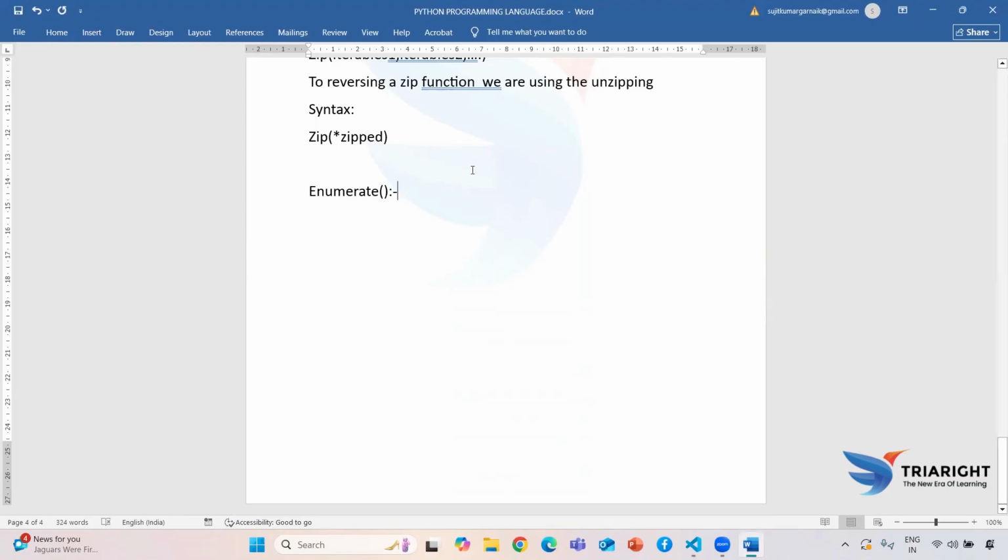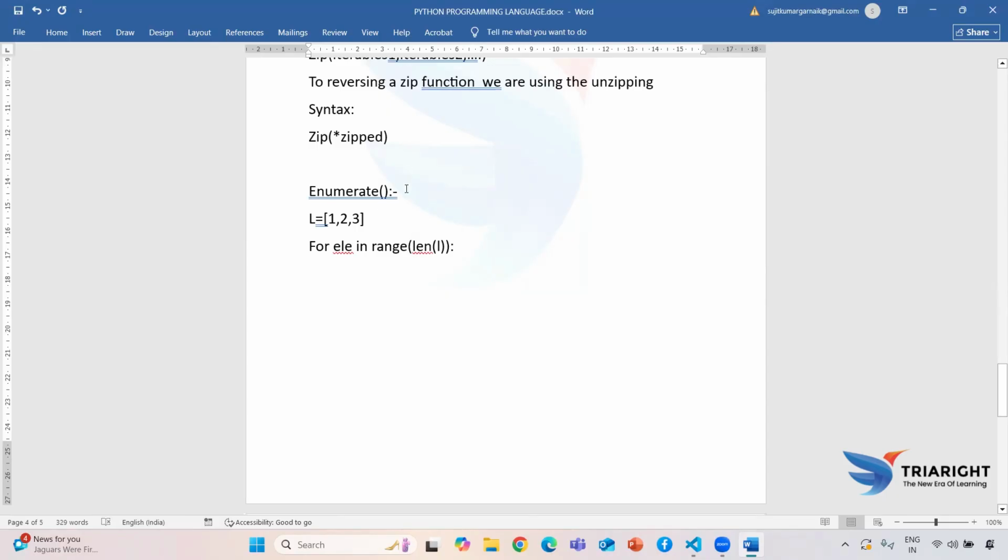Okay, now guys, in an interview, or in real time, there might be a chance that you need to use both the index value and the particular value inside that index. Suppose I'm taking a list 1, 2, 3. Now if I run a for loop in range, here I need to use the range function, so it will generate all the index values. Now if I try to print the index value as well as the value,